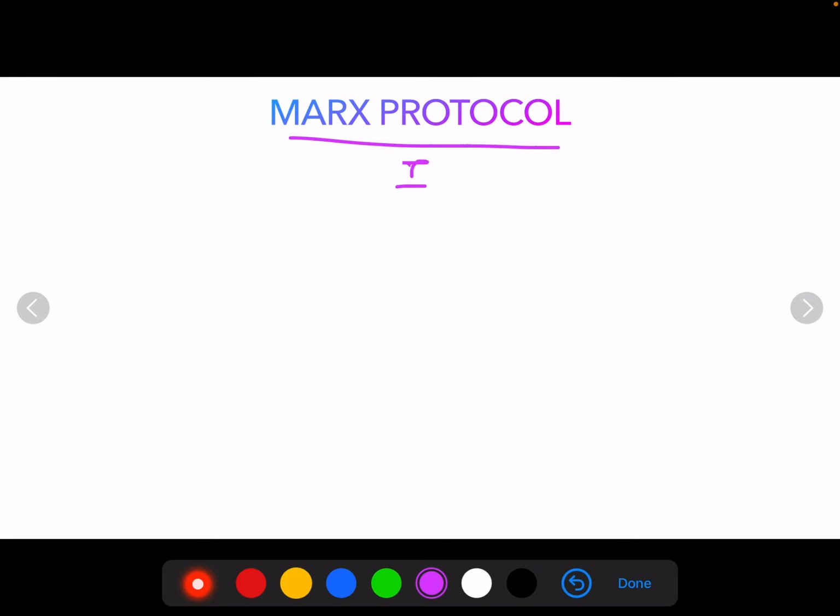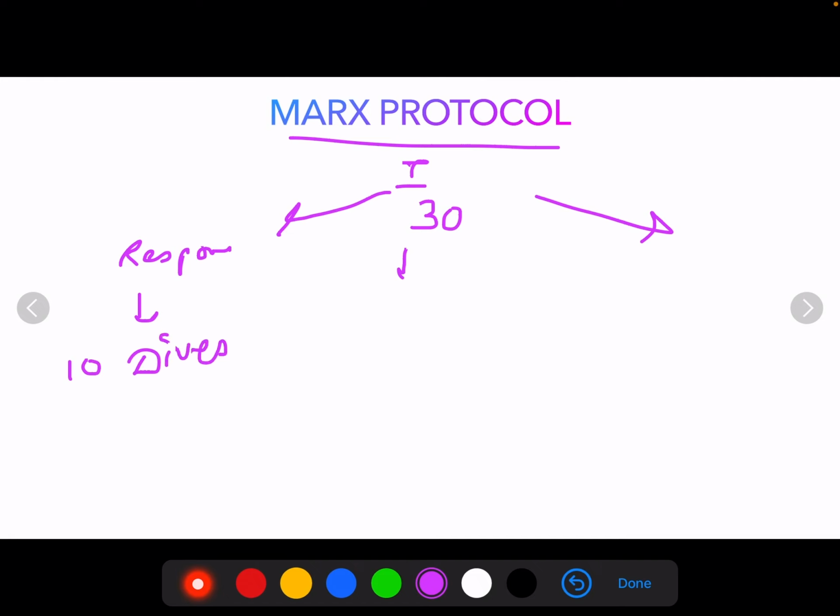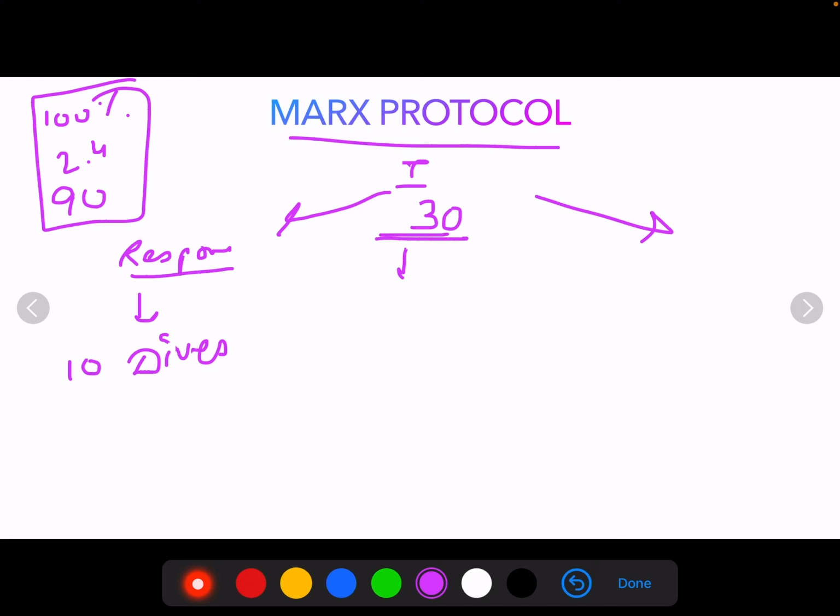Stage 1, in which we give 30 dives. Now after 30 dives, if response is there, we give an additional 10 dives. We have seen what a dive is: 100% oxygen, at 2.4 absolute atmospheric pressure, for 90 minutes. This is one dive. We give 30 dives, and if the response is there, we give an additional 10 dives. If after giving the 30 dives we examine the exposed bone and there is no response,